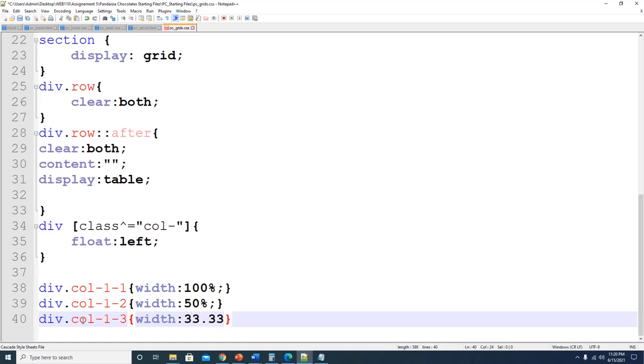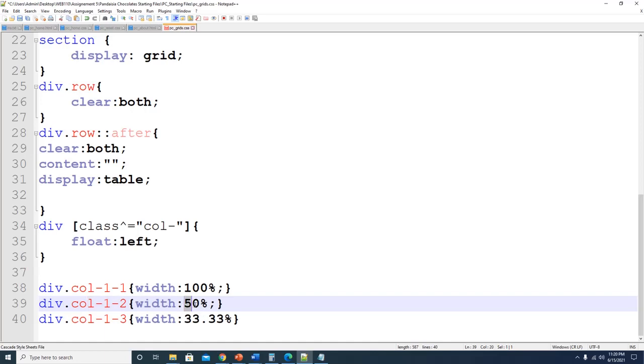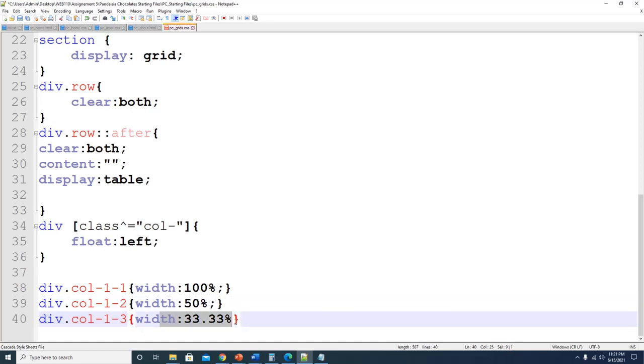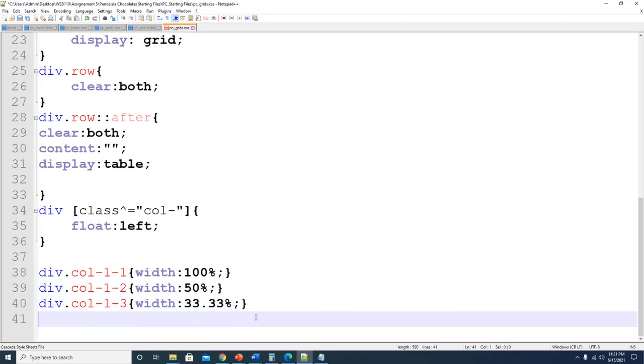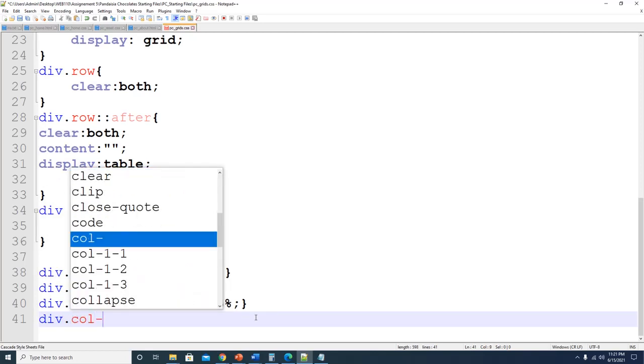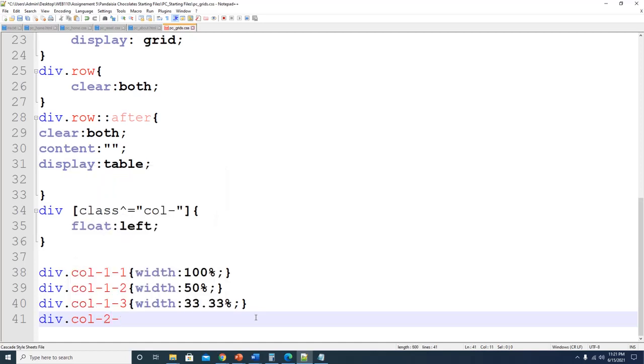I think you're getting what I'm doing. If I want only one column, then I'm setting that column width to be 100%. If I want two columns in a row, I'm setting each column width to be 50%. If I want three columns in one row, I'm setting it to 33.33%. I'm just setting up the column widths based on the class names. Okay, div.col-2-3, and I'm setting the width for that to be 66.67%,